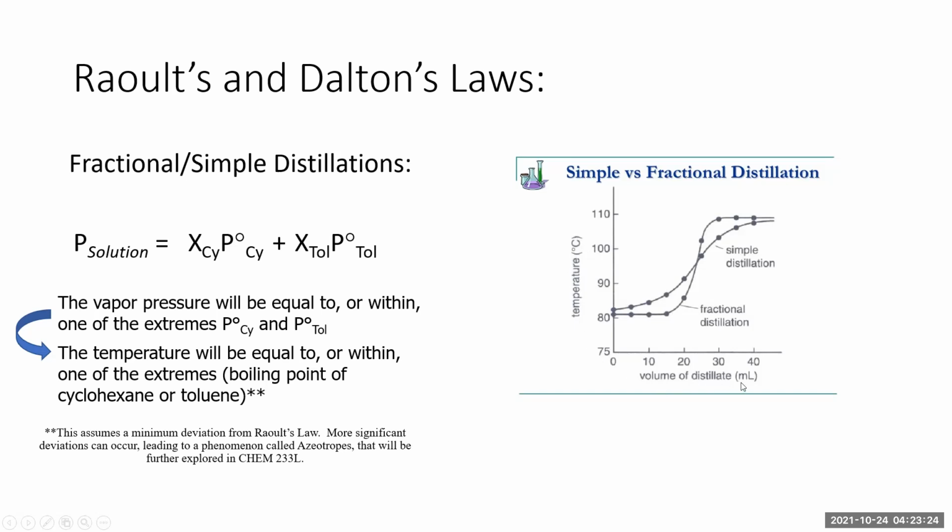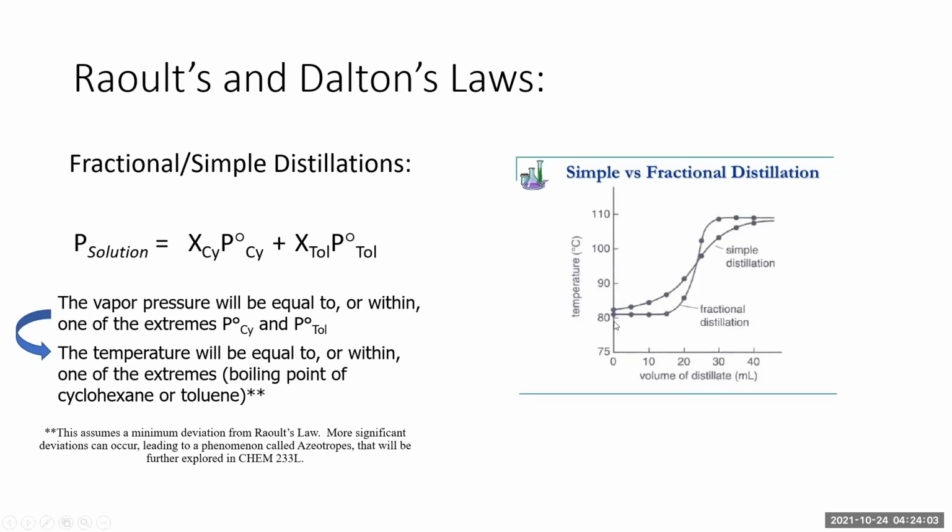We're going to be producing a similar graph in the lab, but we're actually going to just use time, because we have no way of accurately measuring the volume of distillate in small quantities. So in order to produce the best graph, we'll just use time on the x-axis for the distillation. And so ideally, fractional distillations will separate the components better than a simple distillation. And to fully understand why, we're going to talk about the theory, but we haven't gotten to that yet.